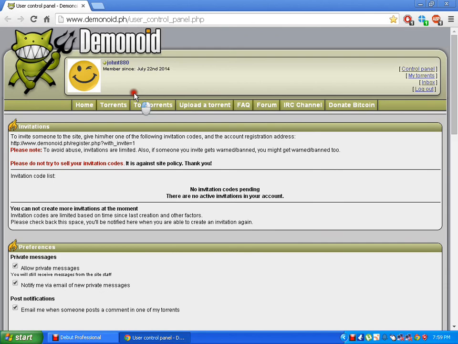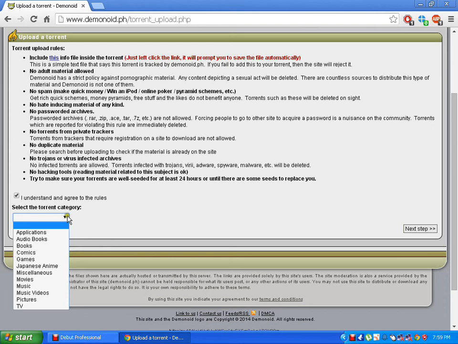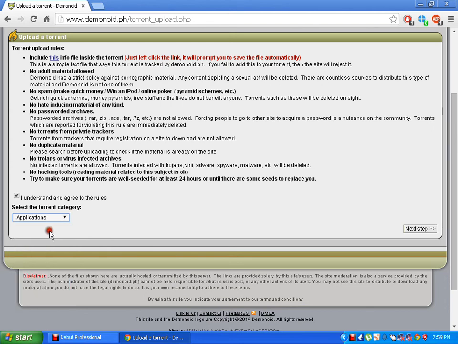When it opens, you go to upload torrent, as you know. And of course, you do that, and you fill in the application, whatever it is. I'm just giving you an idea. Hit next, and then make sure you have a